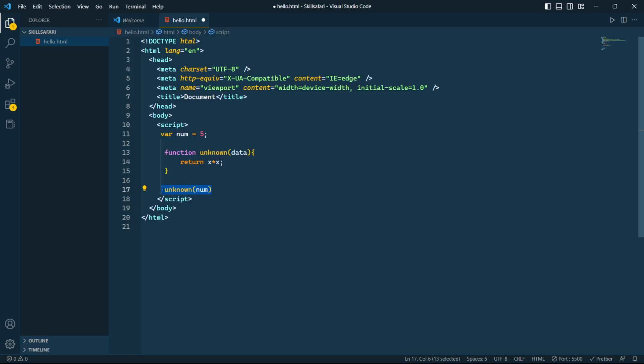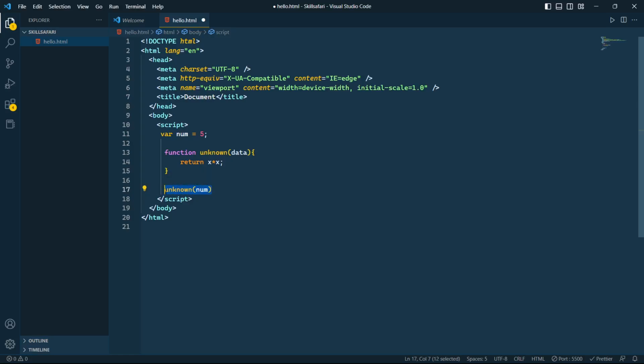This is the initialization point of this function, unknown. Are you getting my point? Right or not? So this return statement will be thrown up by the program over here.